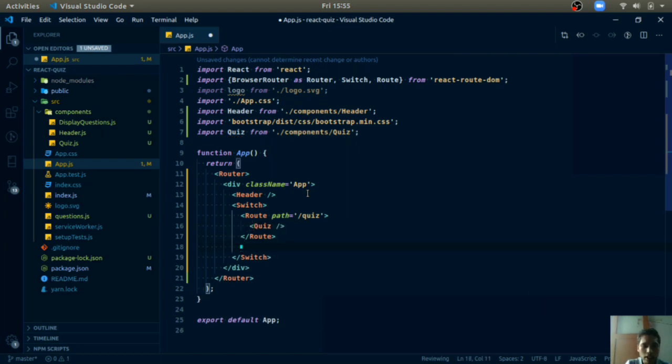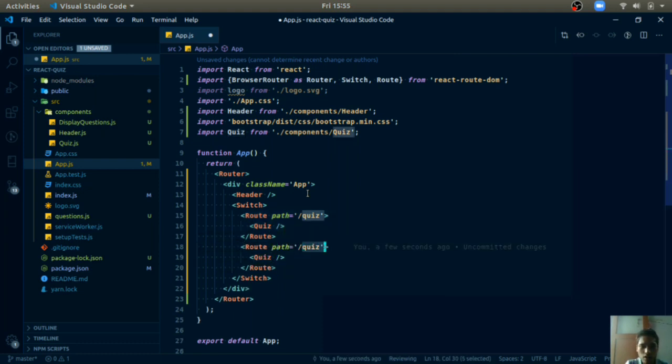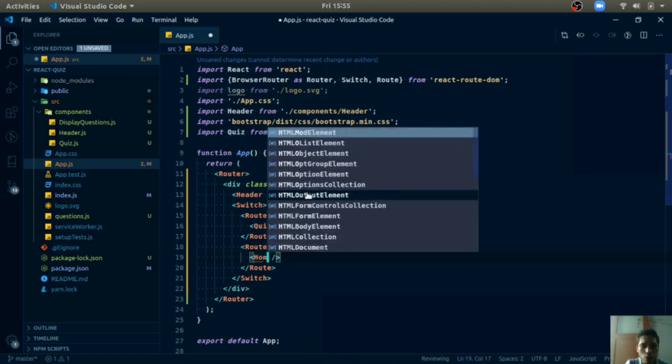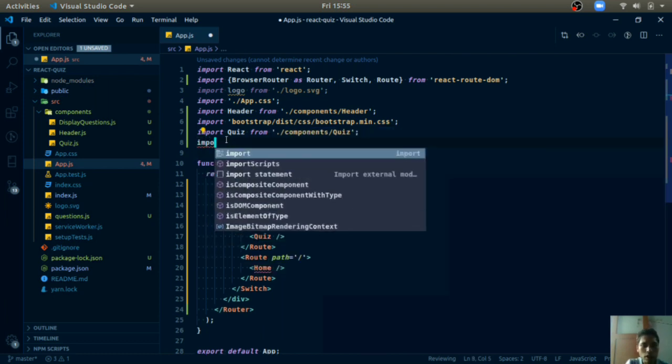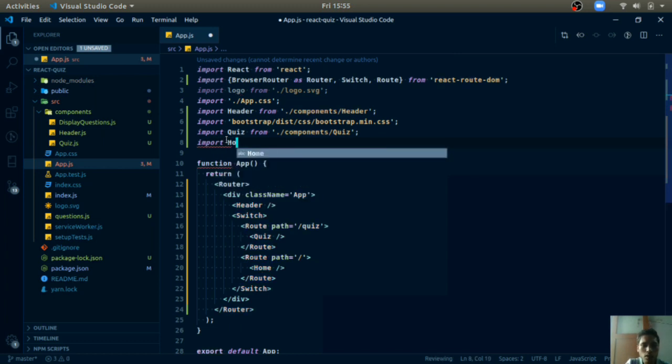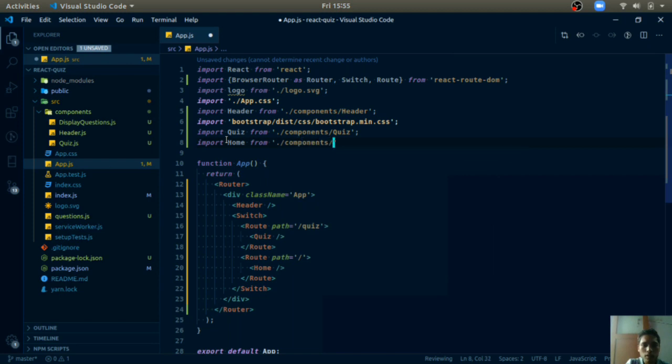And one more thing, we need a slash route for the home page. So just write path equals slash, and we will make a Home component here. So just write Home and import Home from the home component. So actually we will create this file now, Home from slash components slash home.js.